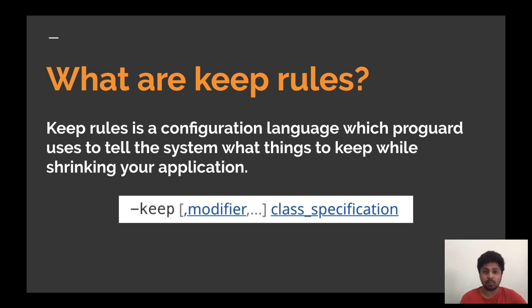Now here, you can see I have mentioned a keep rule. A keep rule can have different modifiers like allow shrinking and allow obfuscation, with the class specification. You can also specify classes or package names that you want the keep rule to work upon. The class specifications are nothing but a template of classes and their members. It can be member names, method names, field names, anything. The class specification can take classes, interfaces, and constants, anything.